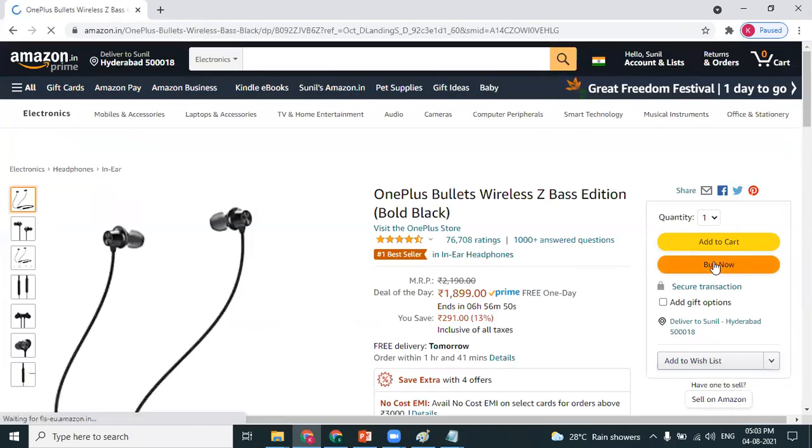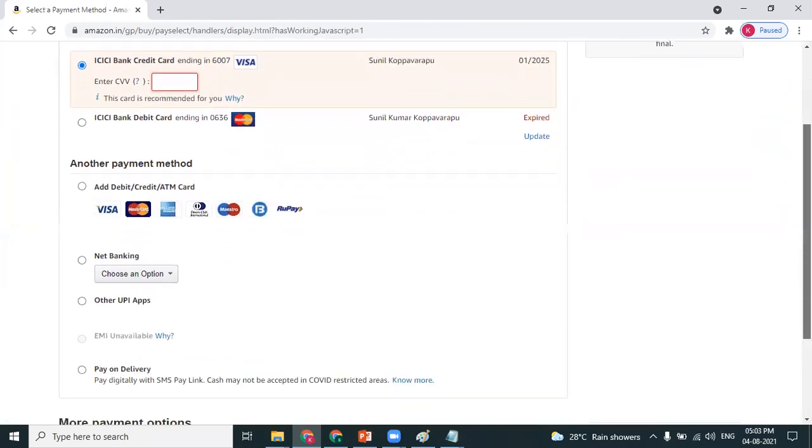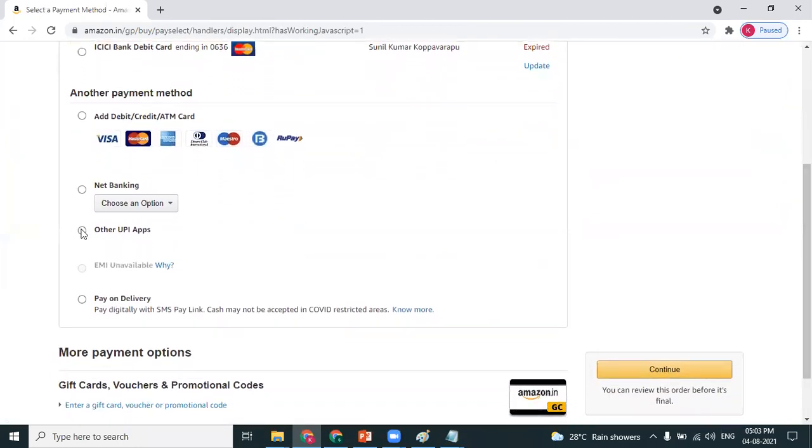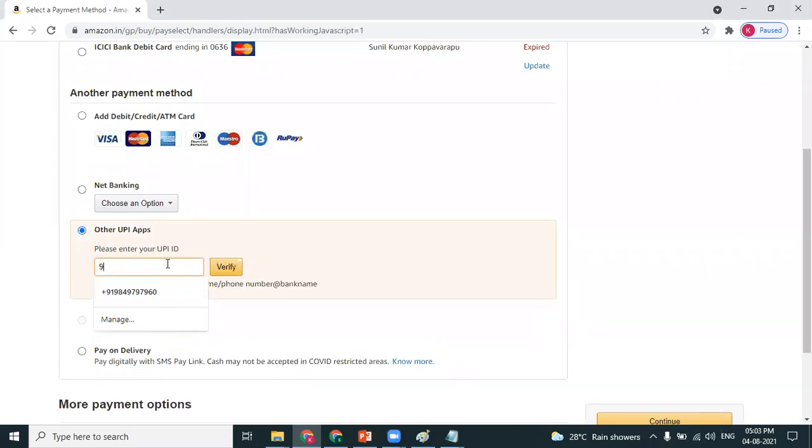And I buy now. When I buy now, if I use my UPI ID, when I click on verify, the API code gets triggered.